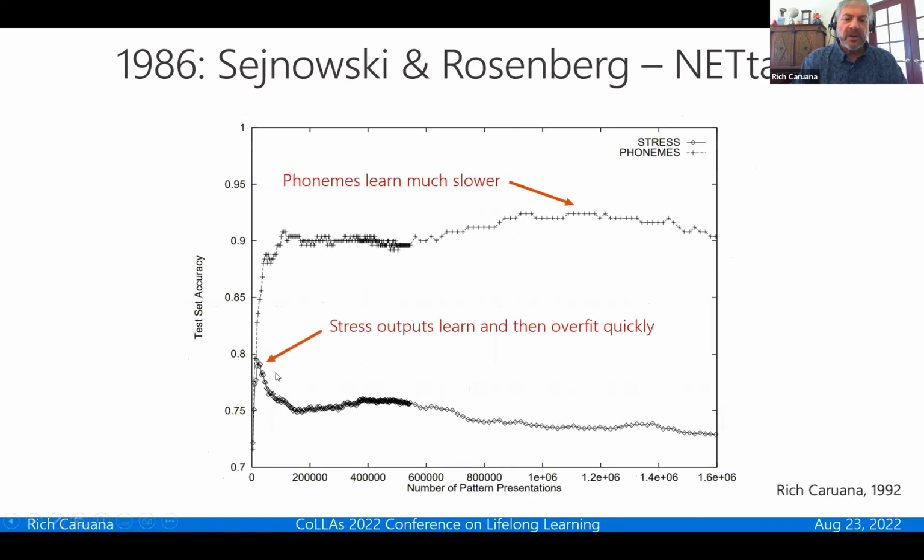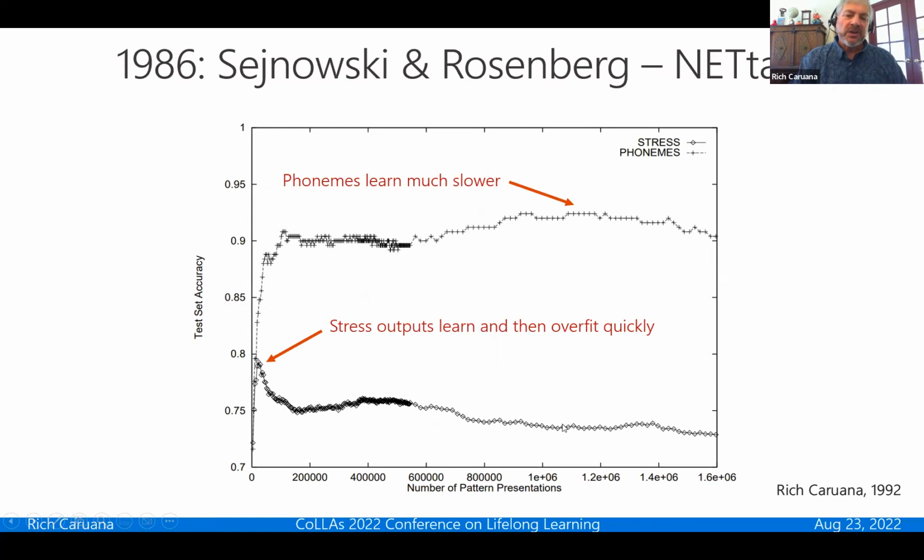And in fact, a few years later, I analyzed NetTalk, and it turns out on the bottom here, we have the stress tasks, their accuracy as a function of training time on the x-axis. And you can see that the stress tasks are learned very quickly, and then they begin to overfit. But the phoneme tasks are learned much more slowly, so they take a long time to train. And by the time you get peak performance on the phonemes, which are very important, you've clearly well overfit the